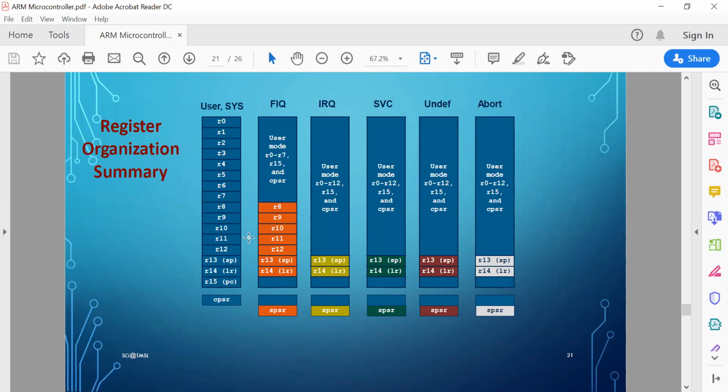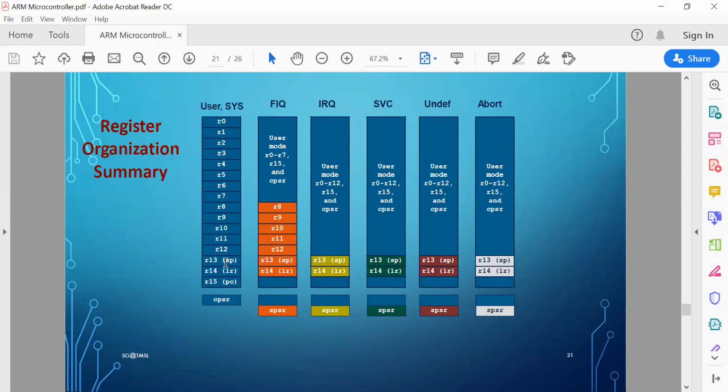These are CPSR, all these are used. The 4 SPSRs which are there actually correspond to the other 5 modes.